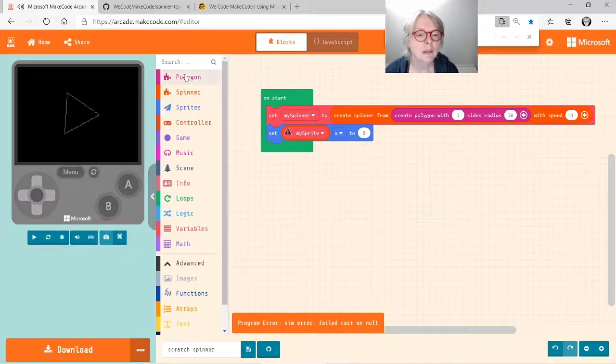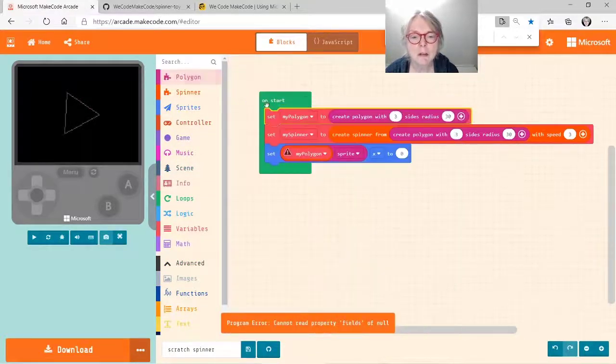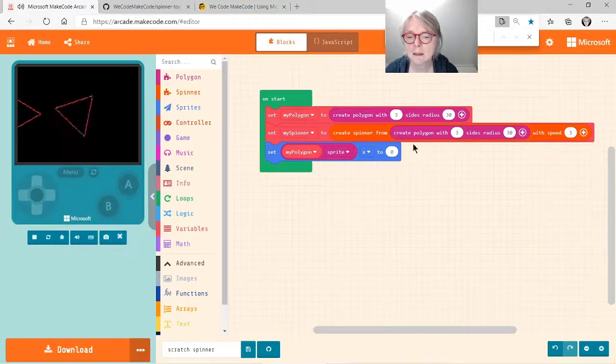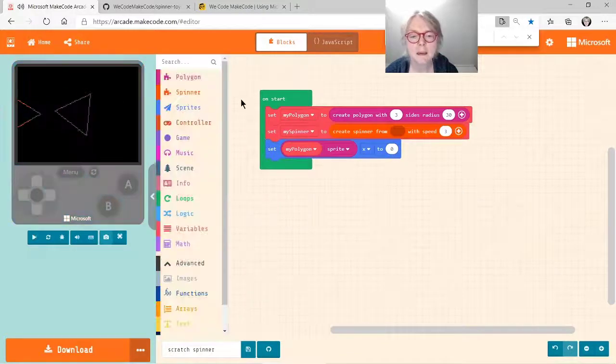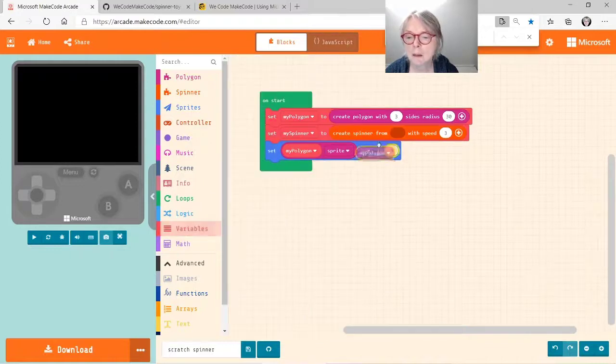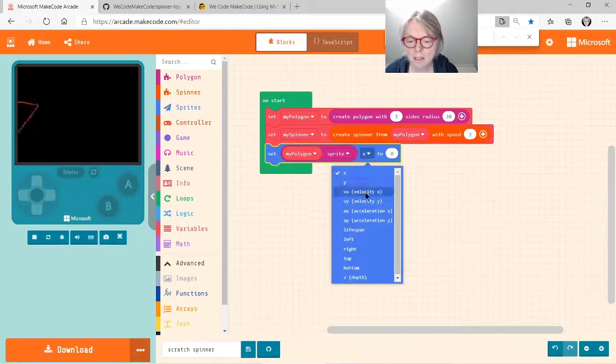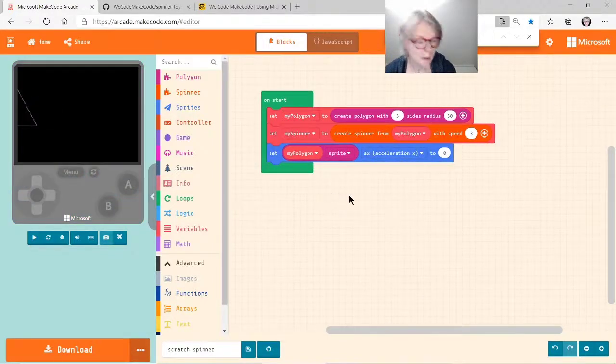So if I look at Polygon and get its sprite, well, gee, I don't have my polygon anymore, so I guess I better put that back. There. Okay, it moved over, so I want to use acceleration because it's really cool. And let's set it